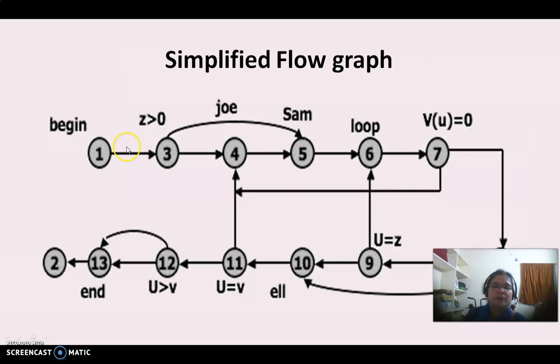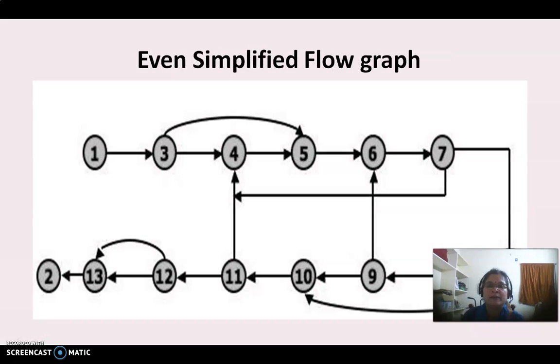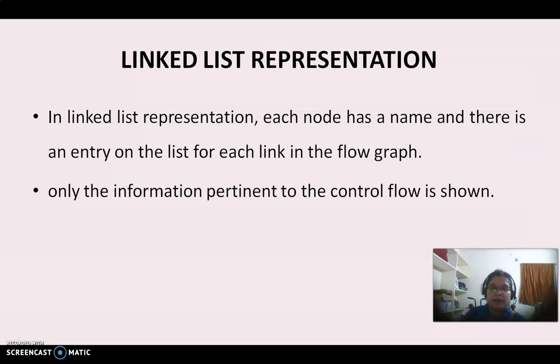See, in the previous one, each and everything is clearly represented, like begin, this is a label, this is also a label, this is a loop, this is another thing, this is end. This detailed representation is not clearly shown in the even more simplified flow graph. This even more simplified flow graph is the perfect abstract representation of the control flow graph, where the unnecessary details are not represented. It is brought only into the form of a graph. What is a graph actually? A collection of nodes and arcs like this. So this is the even more simplified flow graph.